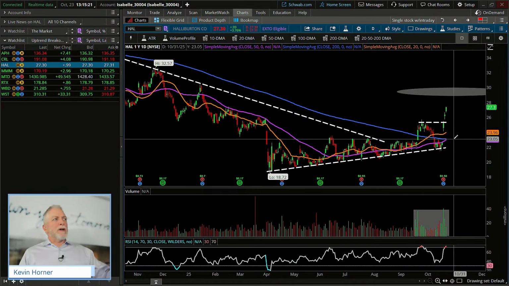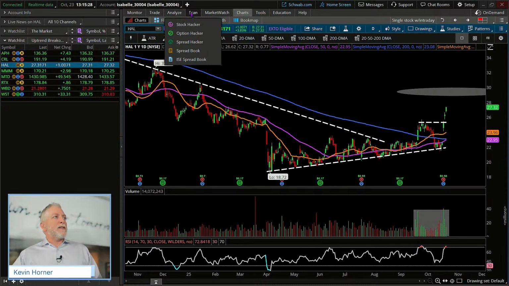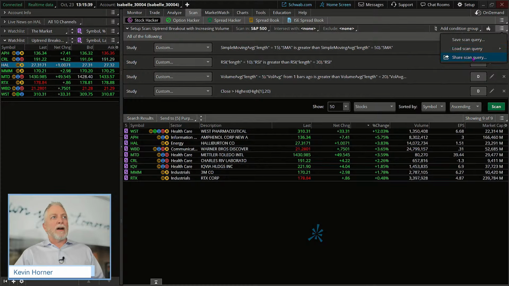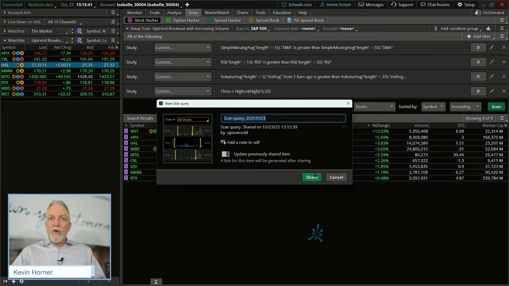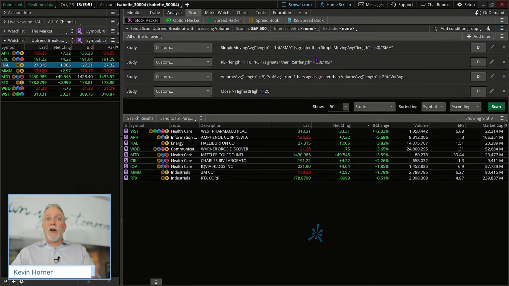Okay, so there's your first scan, which is a scripted scan. And of course, because I am trying to, as best I can, help all of us out, I do want to encourage you once again: play with these criteria, customize them. I think you'll find that the more you make minor tweaks in your scanning and your scripting, the more you can learn along the way. So I'm going to share this scan with you all. Again, this one is titled Uptrend Breakout with Increasing Volume.